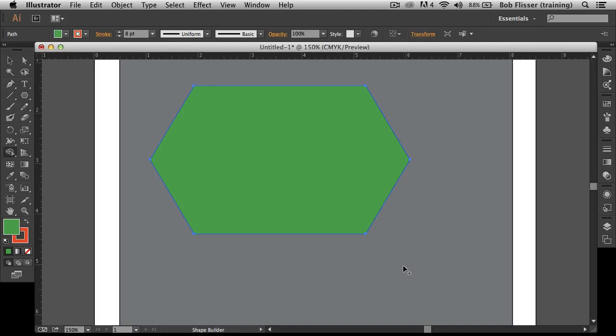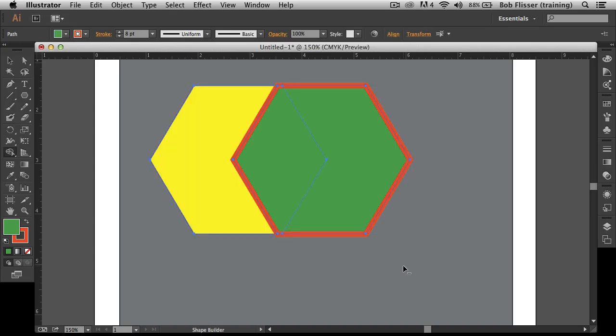And again, I'll undo, Command Z or Control Z in Windows. This time I'll drag from the opposite direction. I'll start over here and I'll drag in here, and it looks like nothing happens. But now I'll click here on the overlapping area, and okay, it still looks like nothing happens, but let me go up